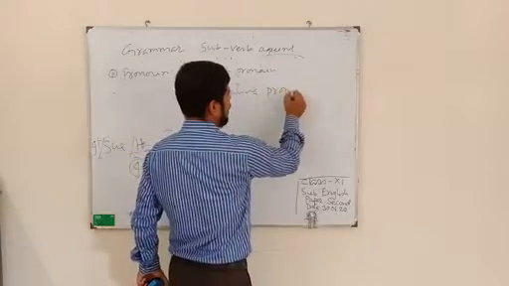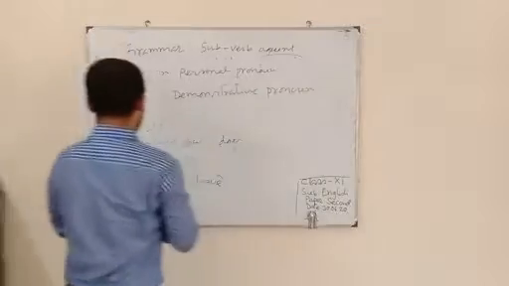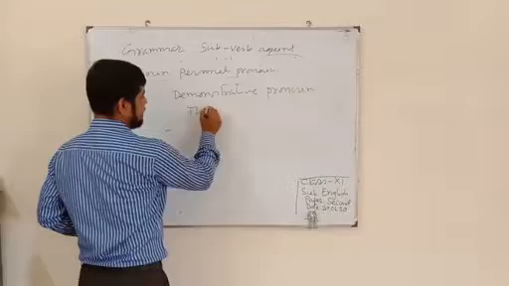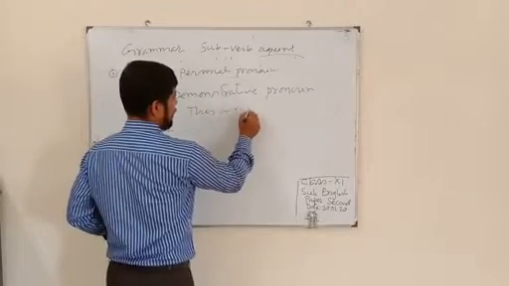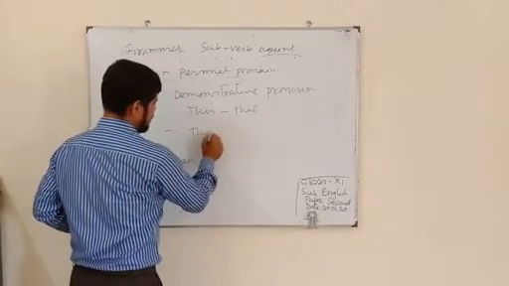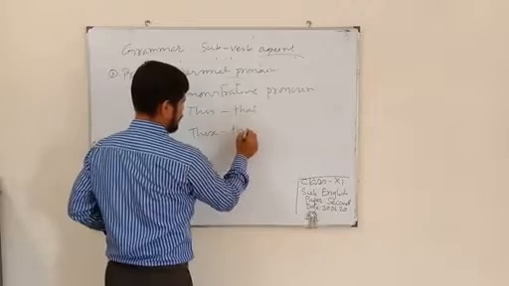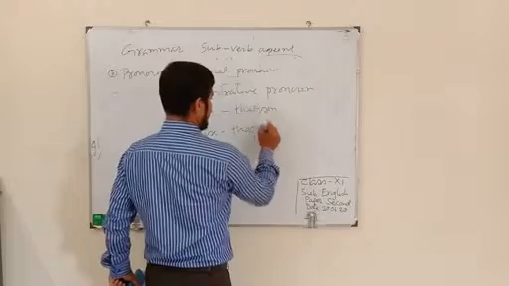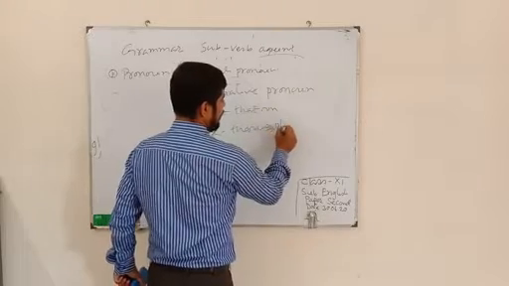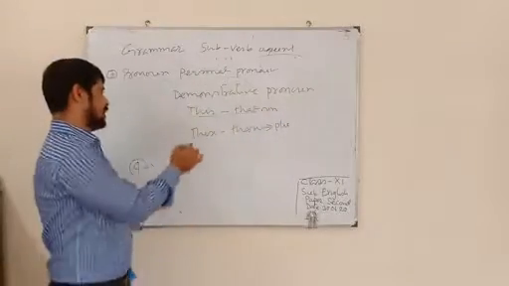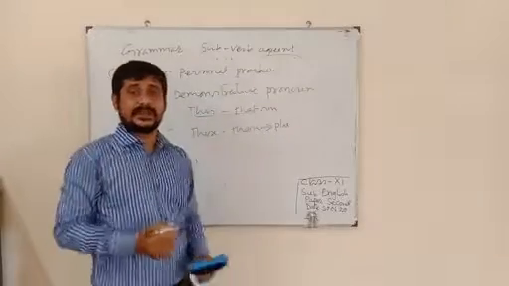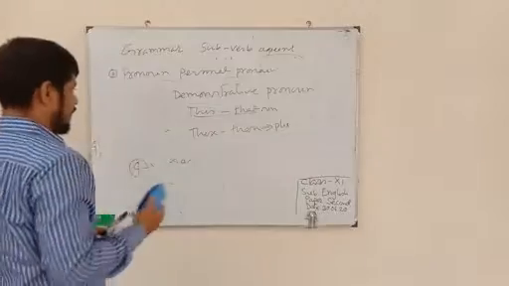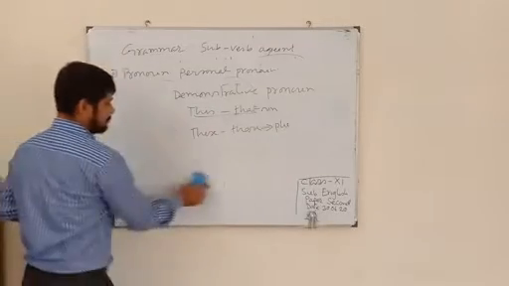Demonstrative pronoun. What are the demonstrative pronouns? This, that, these, those. This and that are singular. These and those are plural. So after these pronouns, we have to use singular or plural verbs accordingly, such as